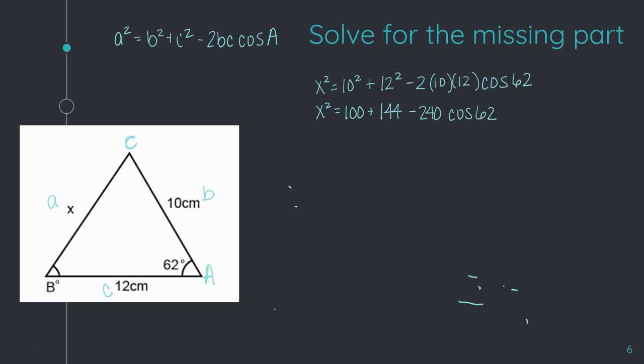Okay, so first I did some of my basic stuff. I squared my numbers, I multiplied the 2 times 10 times 12. Now I'm going to start with cosine of 62, and I'm going to work backwards, punching this into my calculator. So I'm going to start with cosine of 62, hit enter, 0.469, times negative 240 gives me negative 112.67, plus 144 plus 100 is